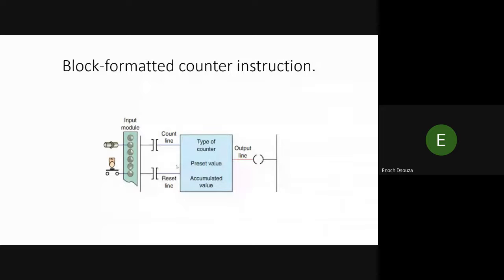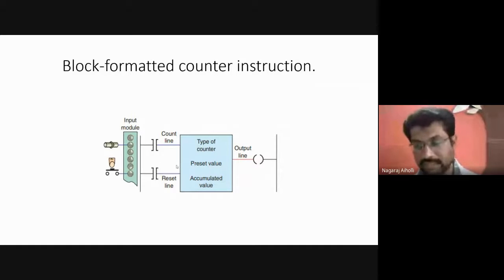So, to make the accumulated value 0. Correct. Okay, and that is the function of the reset. Now, what would have happened if the reset was not present? If the reset signal was not present, what would have been the condition of the timers and the counters? Let us take counters itself, as now we are studying that. If reset was not present, what would have happened?